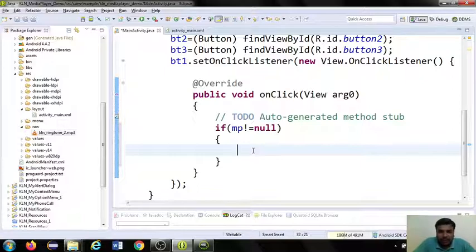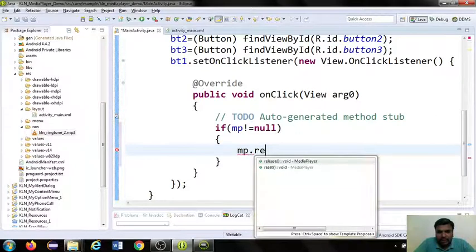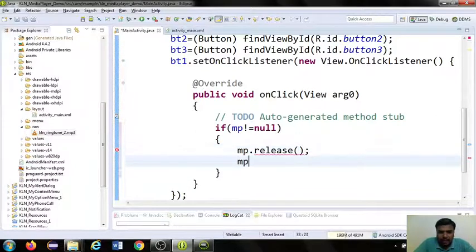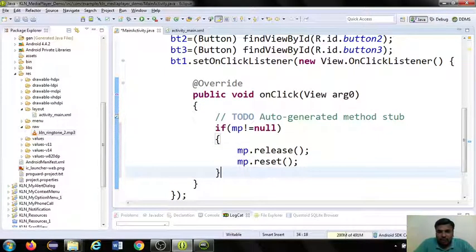How can we do that? Simply by using predefined methods, mp.release, then mp.reset.